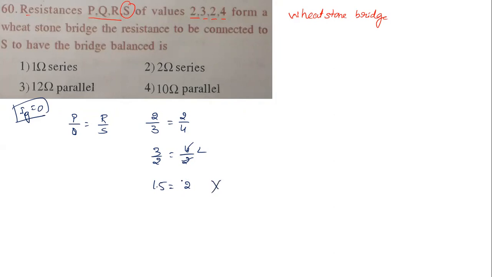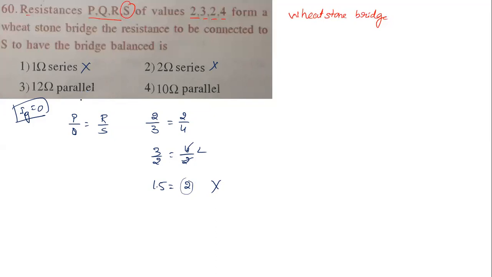It means we need to decrease this value. So we need to decrease this, right? Look now, when you decrease, what type of combination do we need to go for? It must be a parallel combination. So these 2 options are removed. Okay, are you getting my idea? So the first option and second option you can directly strike out, because we need to decrease the resistance. In order to decrease the resistance, we must connect the resistors in what combination? Parallel combination. If you want to increase, you need to go for series combination.